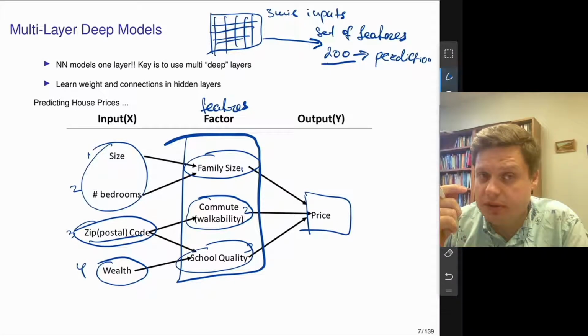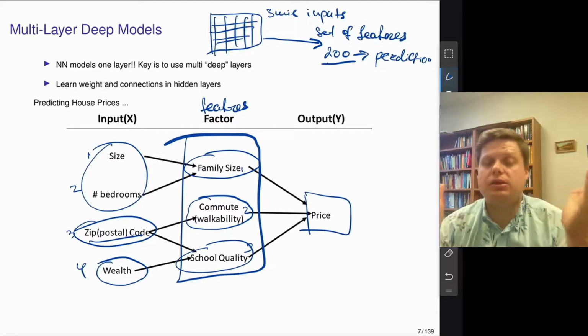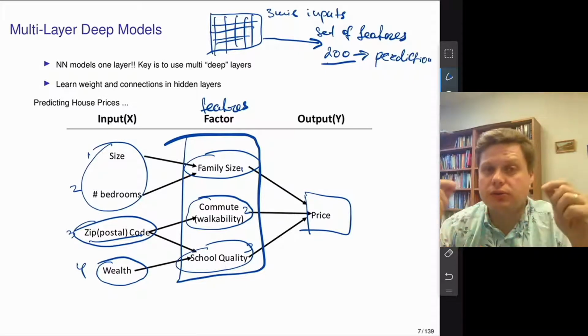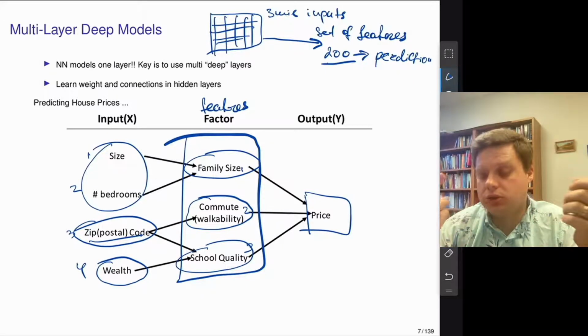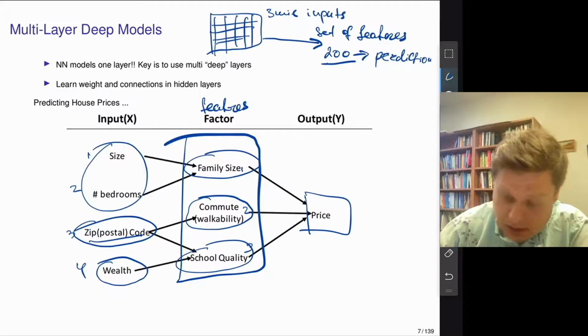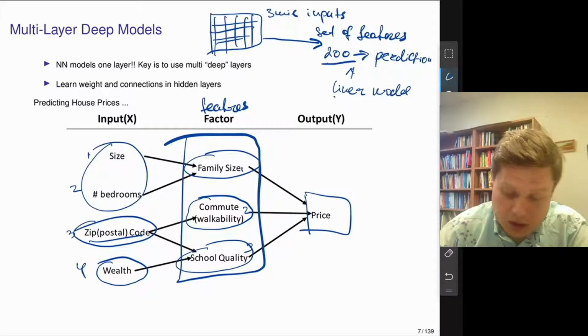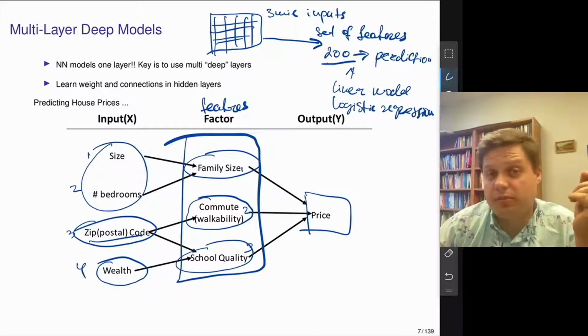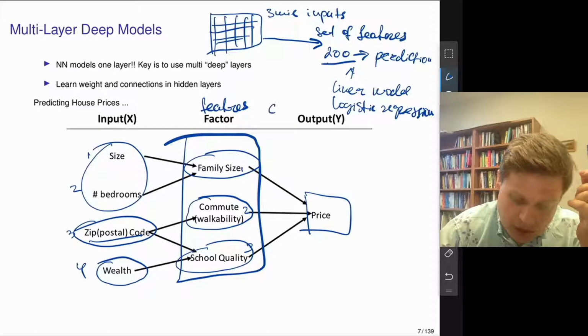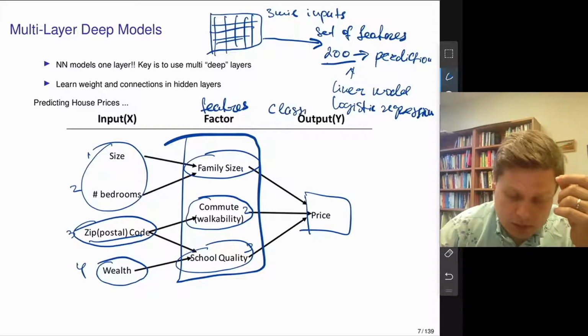And essentially, that's what deep learning does. Deep learning takes this high-dimensional object and boils it down to a low-dimensional feature vector and then uses it for prediction. And at the end, once you have this 200-dimensional vector, you can use a linear model or logistic regression. So at the end, it's going to be the same type of model that you're familiar with: logistic regression for classification, if your y is 0, 1, and linear model for regression.